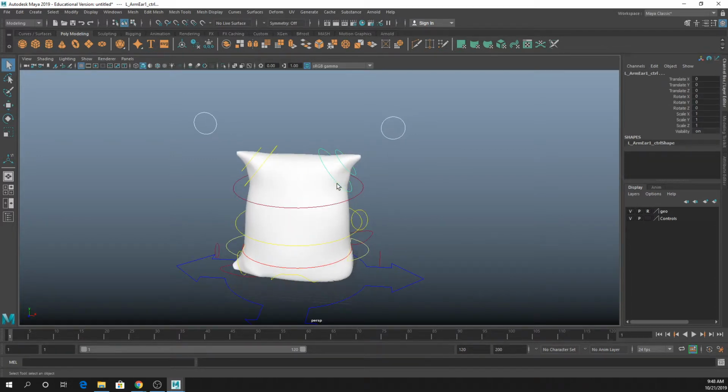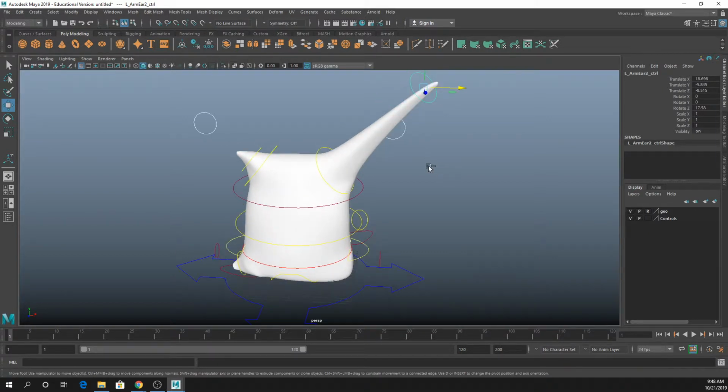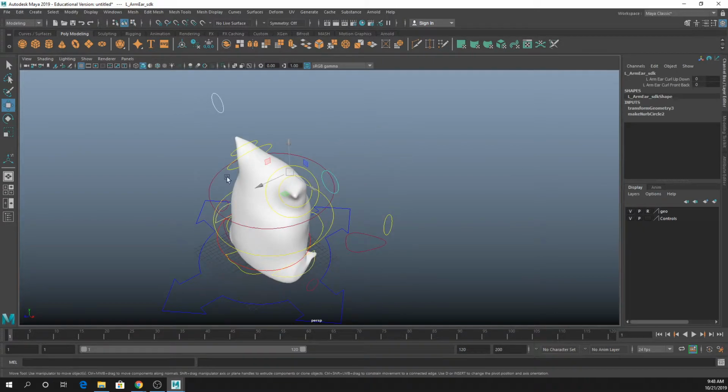You also have controllers for the little flaps on the top of the head, so you can wiggle those back and forth. You can stretch them if you need to. I would usually avoid stretching them super crazily like this, because it just doesn't tend to look terribly natural. It'll also produce pretty aggressive texture stretching if you have a texture with a noticeable pattern on it. And then